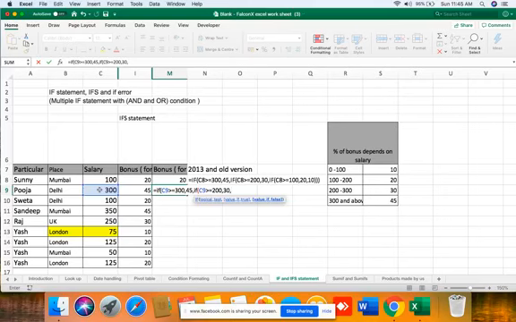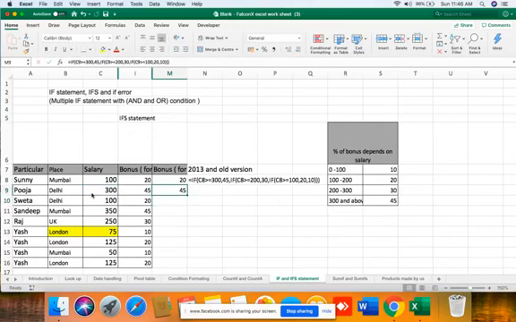If it's false, we again start an if statement. Now here, if it's greater than or equal to 100, we will get 20. If it's false, we get 10. First if statement close, second if statement close, third if statement close.